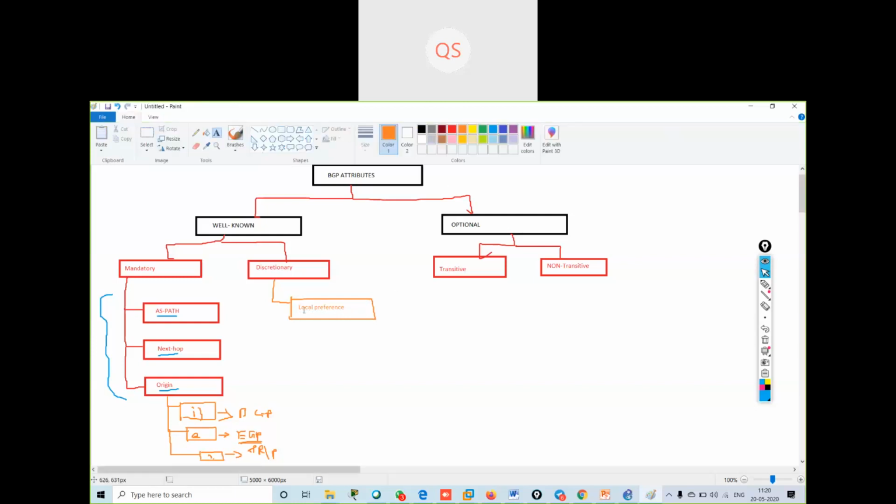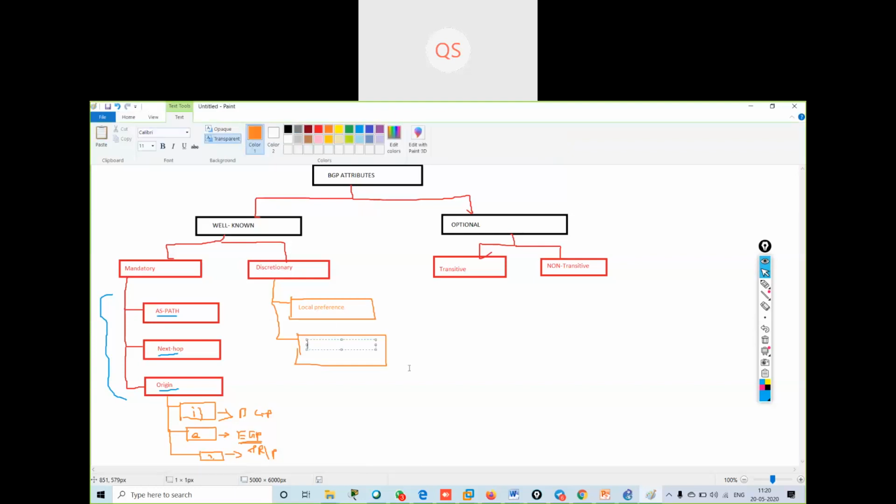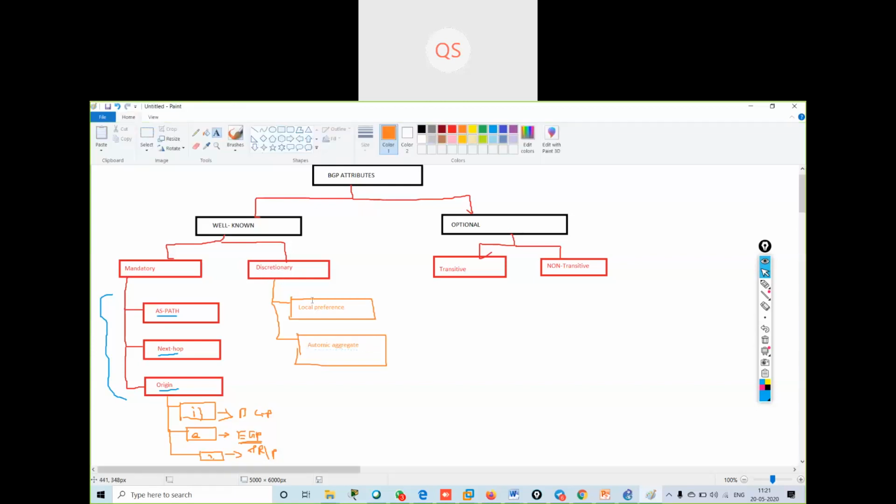Then we have one more attribute over here, that is atomic aggregate. So these are the two things in the discretionary.